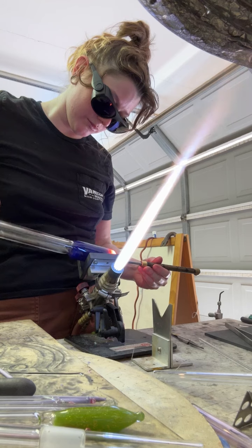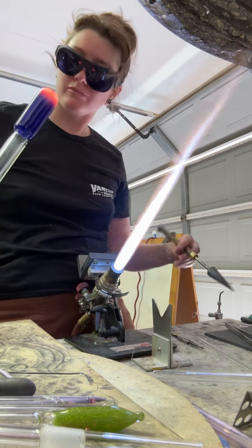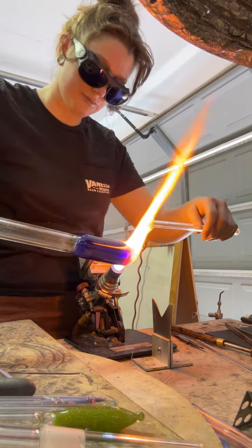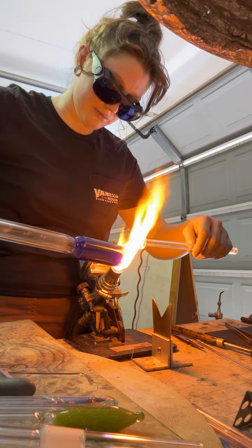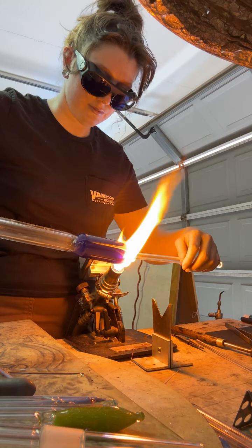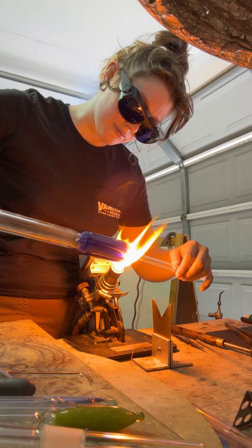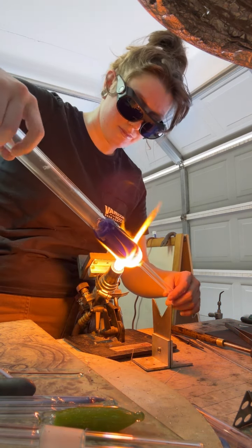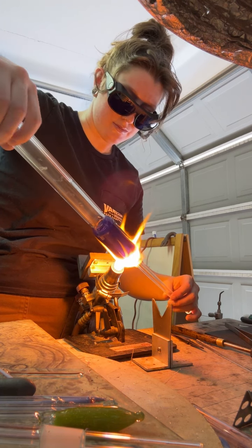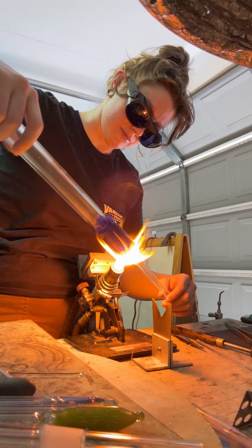I'm making sure that the wall weight is even from the front of that face to the interior of that tubing. I'm looking for a nice even wall weight. So when we initially flared open this 12mm piece of tubing, we gave ourselves an adequate allowance of glass about the same thickness as the tubing that we're pulling so that we have the ability to hold and pack heat from the flare to the thicker piece of tubing without pulling away from the thinner portion of the 12mm piece